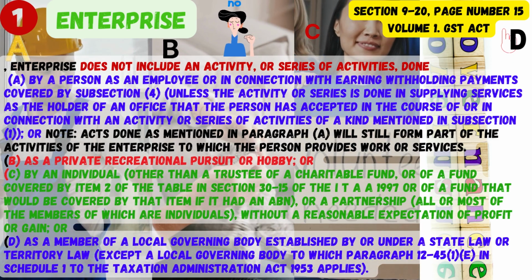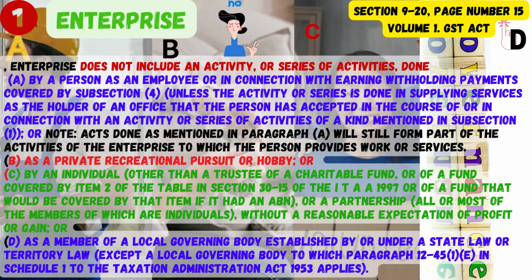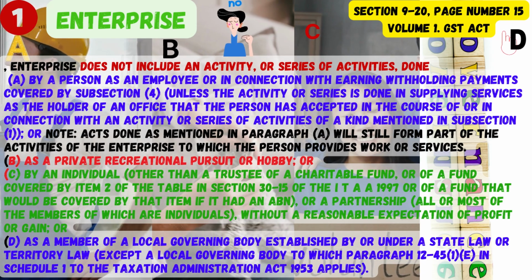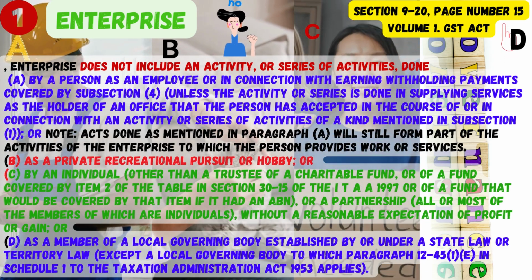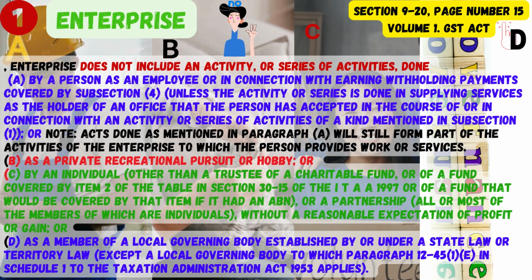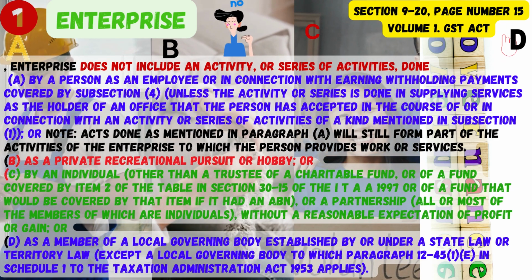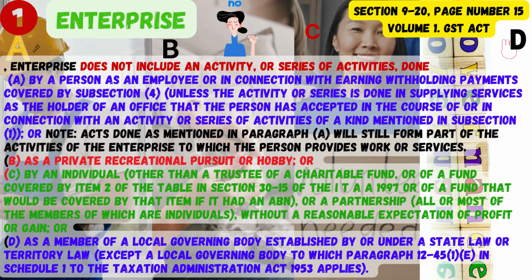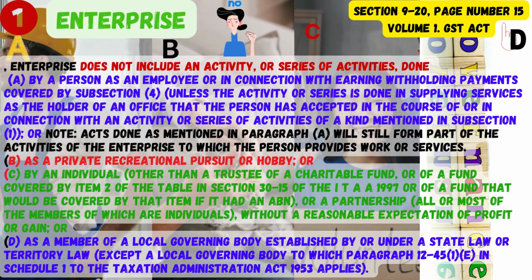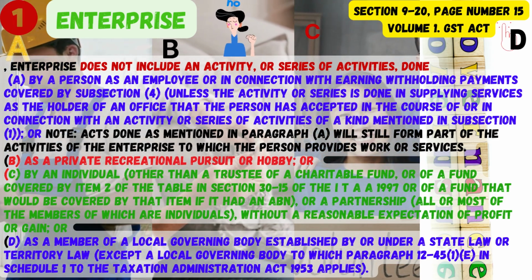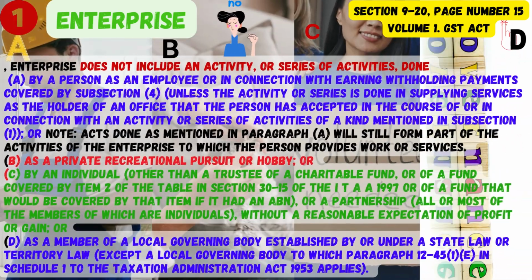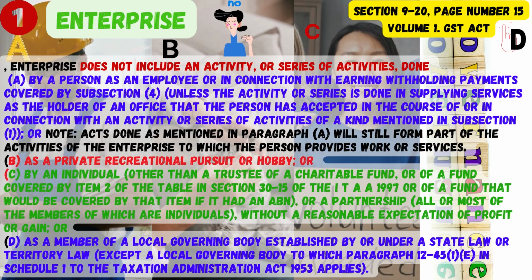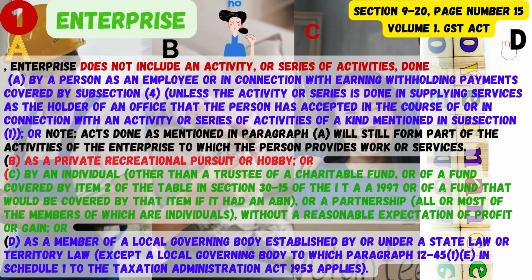B. As a private recreational pursuit or hobby, or C. By an individual, other than a trustee of a charitable fund, or of a fund covered by Item 2 of the table in Section 30-15 of the ITAA 1997 or of a fund that would be covered by that item if it had an ABN, or a partnership, all or most of the members of which are individuals, without a reasonable expectation of profit or gain, or